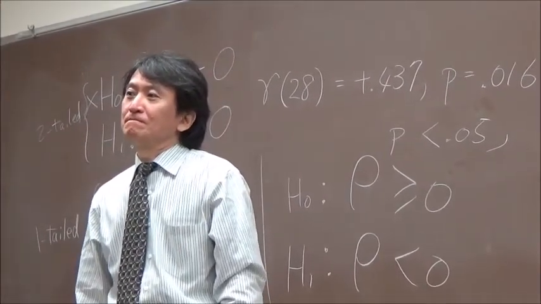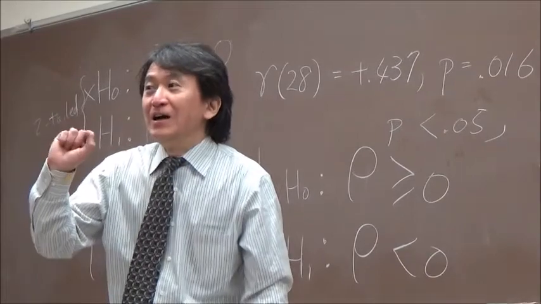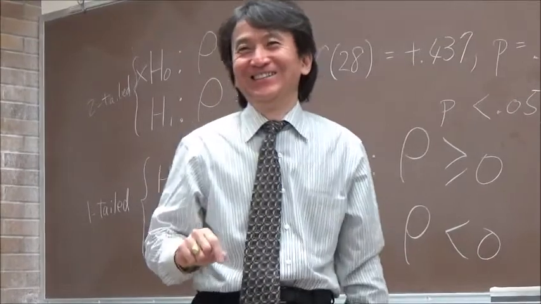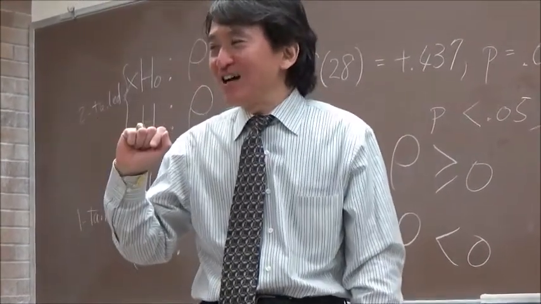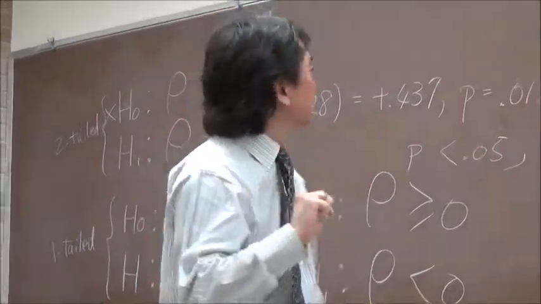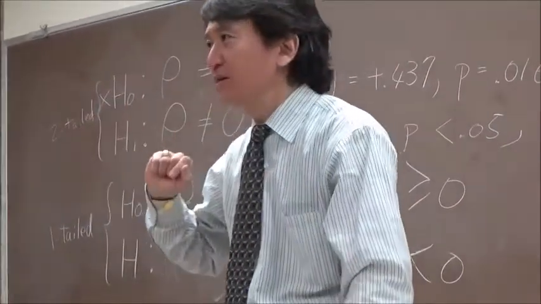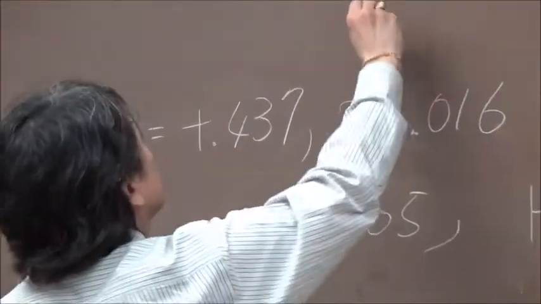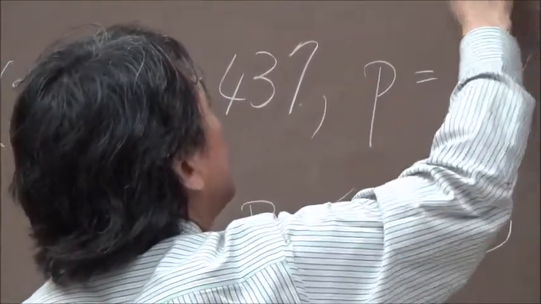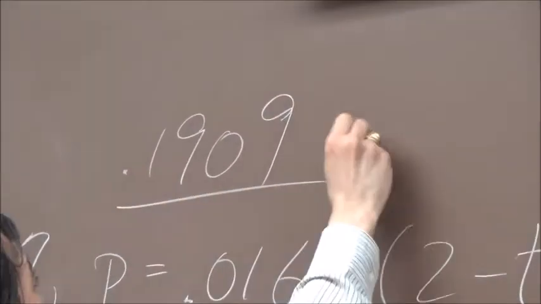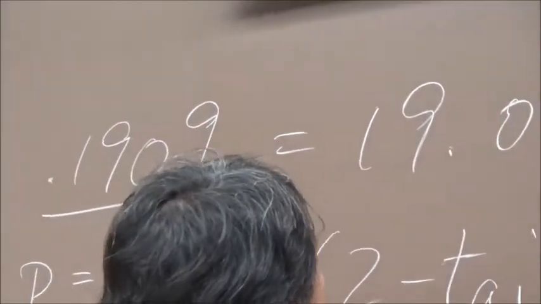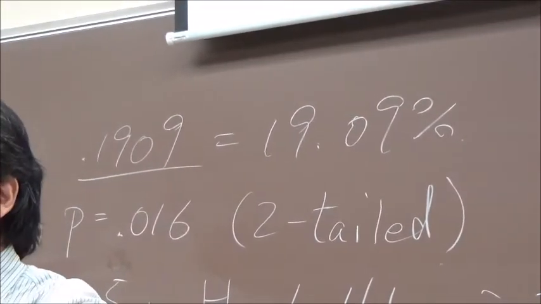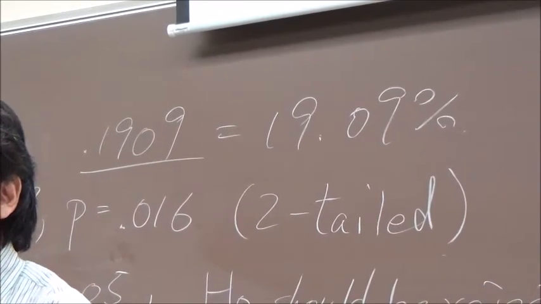43.7 percent of variance in the quality of the parent-child relationship? Very good. Square it. Exactly. 0.437, please square it. Then we can calculate the variance. 19.09%. Okay, so 19.09% of variance in Y, which means the quality of the relationship between child and parent is explained by the quality of marriage.